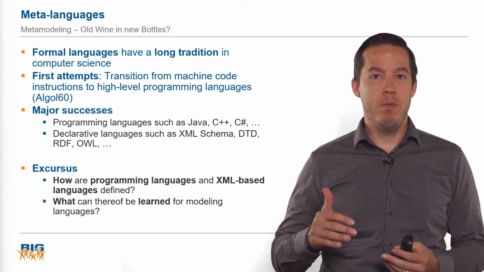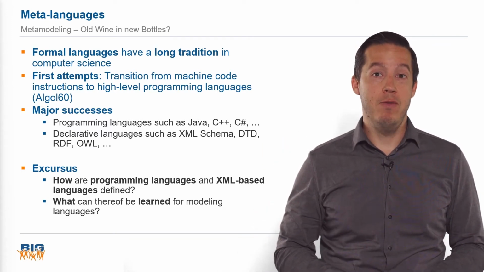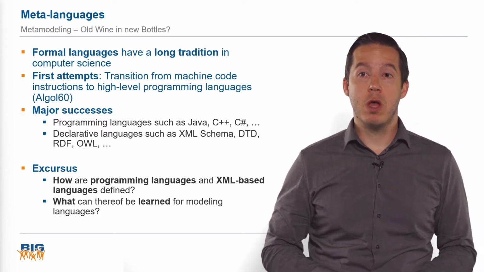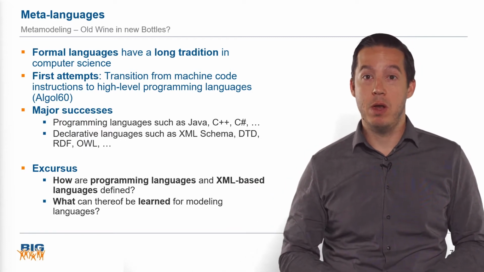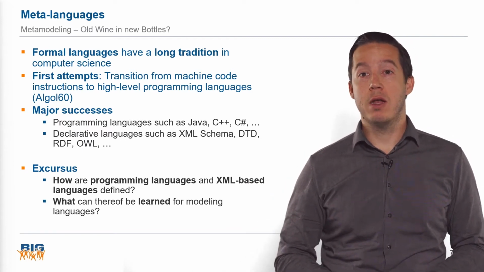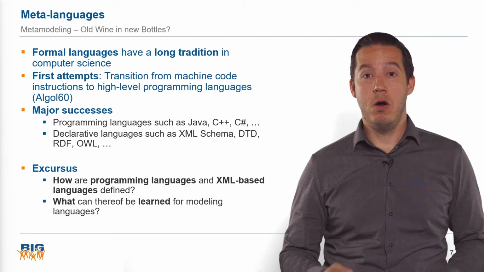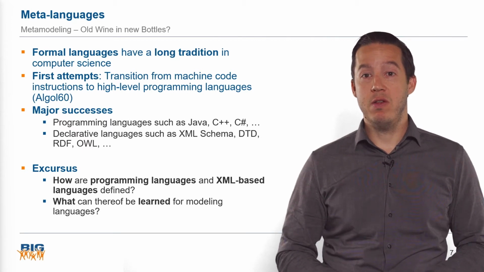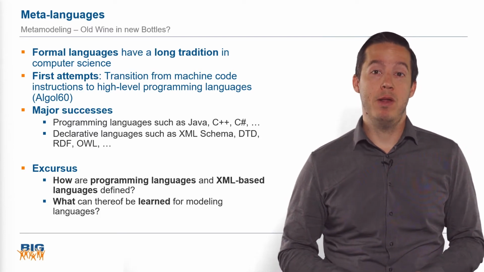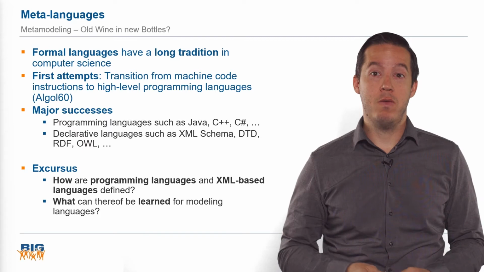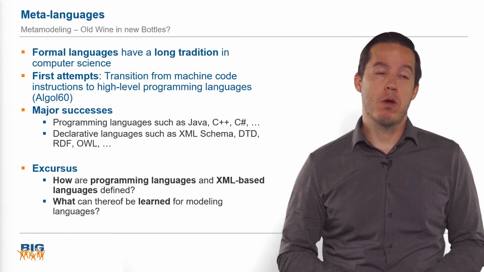So then continuously there was an evolution of the programming languages toward higher levels of abstraction. Yeah? And you see that in the programming languages from C to C++, C#, Java, and so on, Python, TypeScript nowadays. Also to the declarative languages like XML schema, document type definition, RDF, OWL, all of those languages are major successes. And the excursus now shows us how programming languages and XML-based languages are defined by means of a meta language, just a little hint and a spoiler,